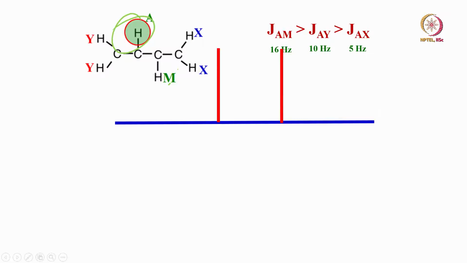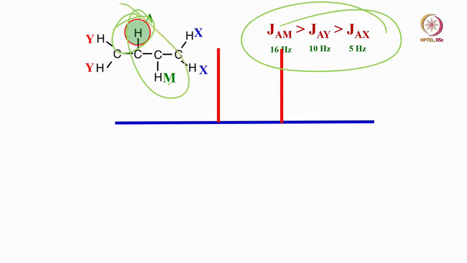Now it is not one or two protons; it can couple to three different protons. Remember, as I told you, one spin can experience coupling with n number of different spins simultaneously. As a consequence, with the condition that I have adopted here for a hypothetical molecule I have chosen, JM is larger. AM means M is a single proton. It has to be a doublet because this one proton couples this proton into a doublet.